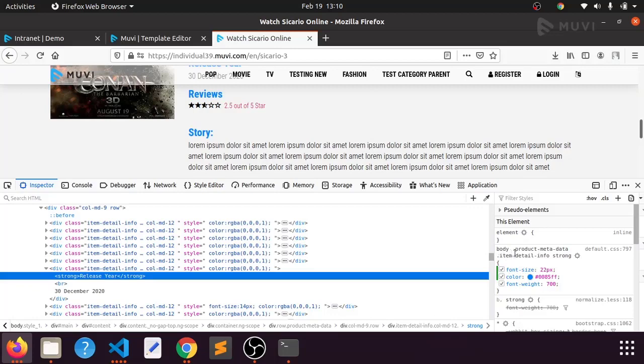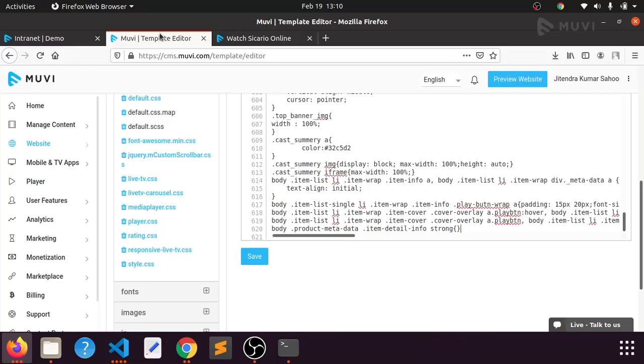So we have written the class name and along with that we will write the font size also,